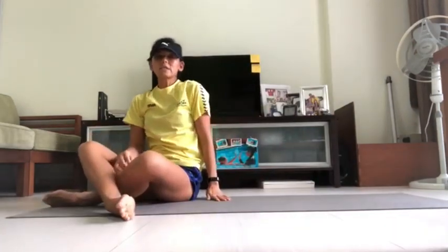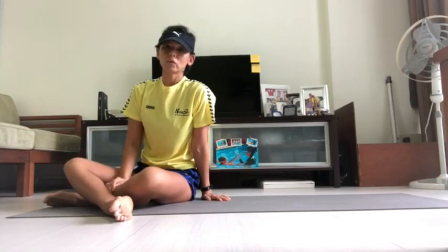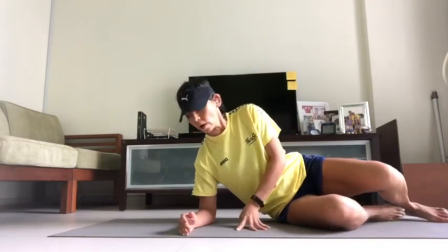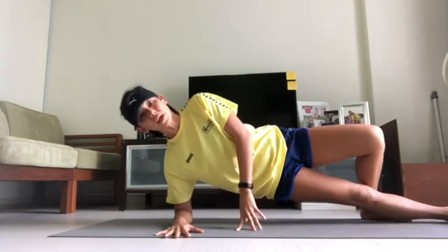And after this, we are going to move on to a more advanced drill that can practice the same thing as well. Okay, now if you want a more challenging workout, what we can do is we can go on to a low plank and do the same actions again. So how to get into your low plank? On your elbow, make sure your elbow is directly underneath your shoulder, palms flat on the ground,